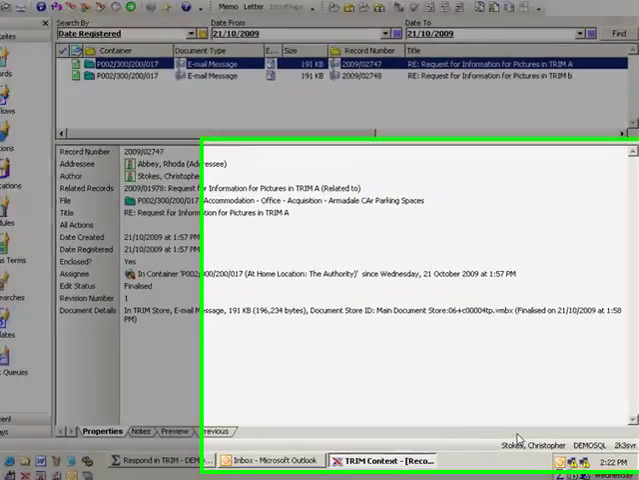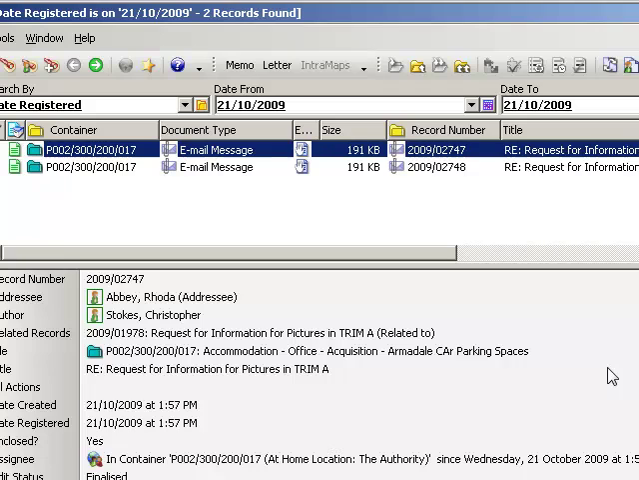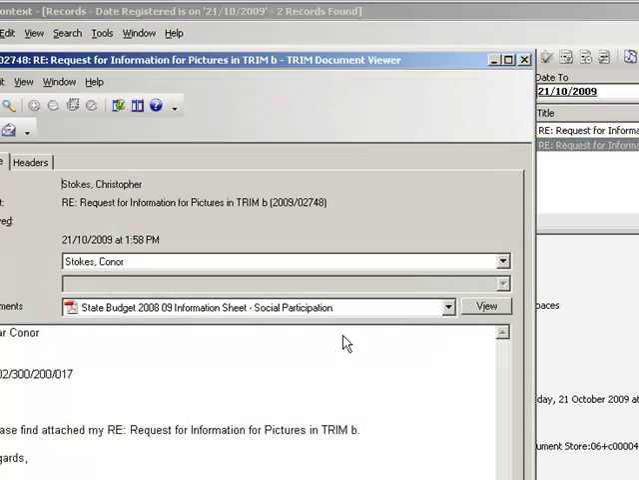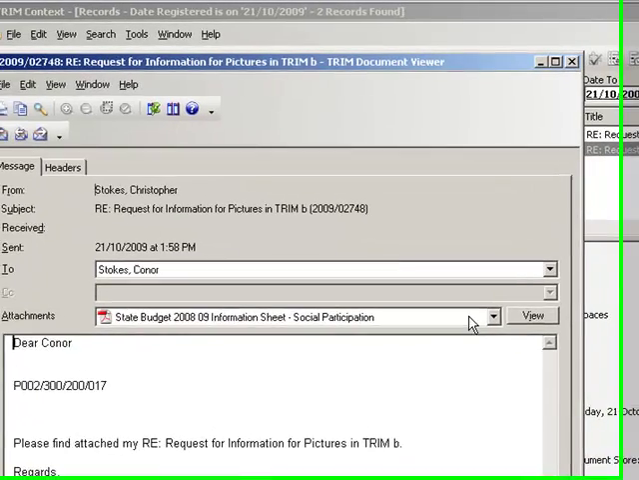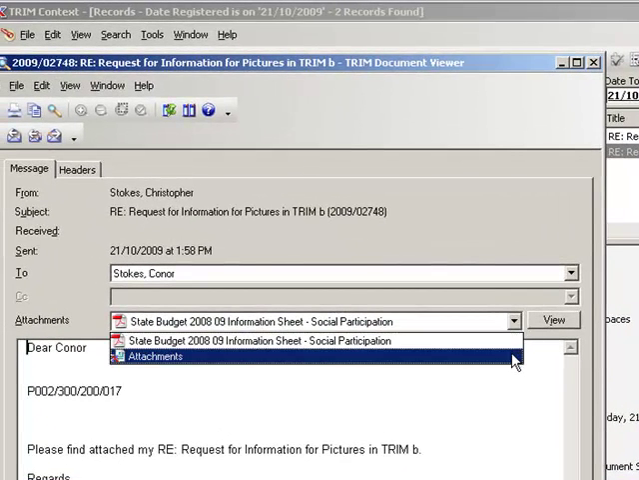You can see after we've done a date registered search inside Trim for today that the two records that we've just created have been catalogued inside Trim. We can see that they are emails. You can now see that the information has been stored inside Trim, and that the records have been stored as VMBX standard Trim emails. Connor was an external person, but inside our email message we've stored the attachments this time,